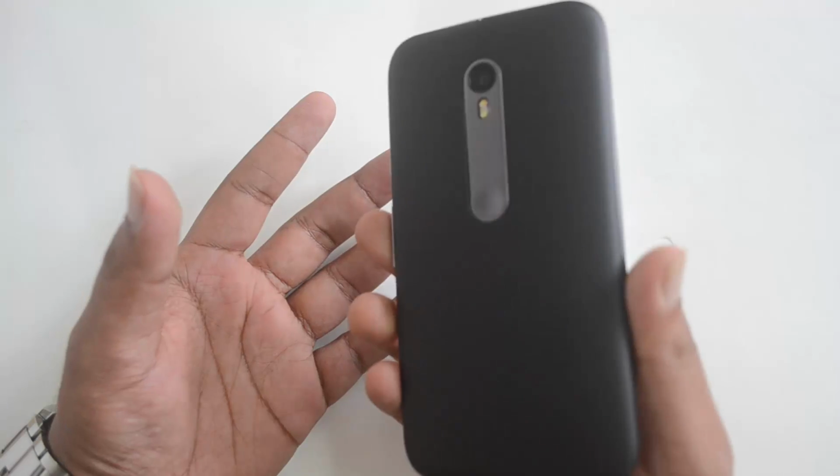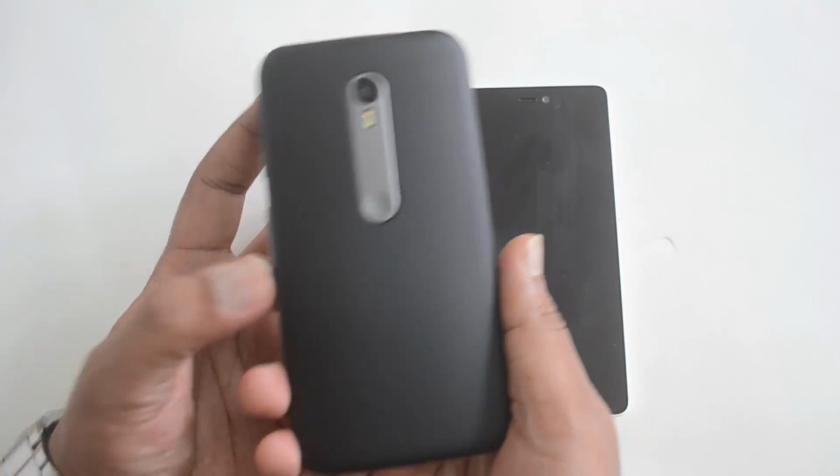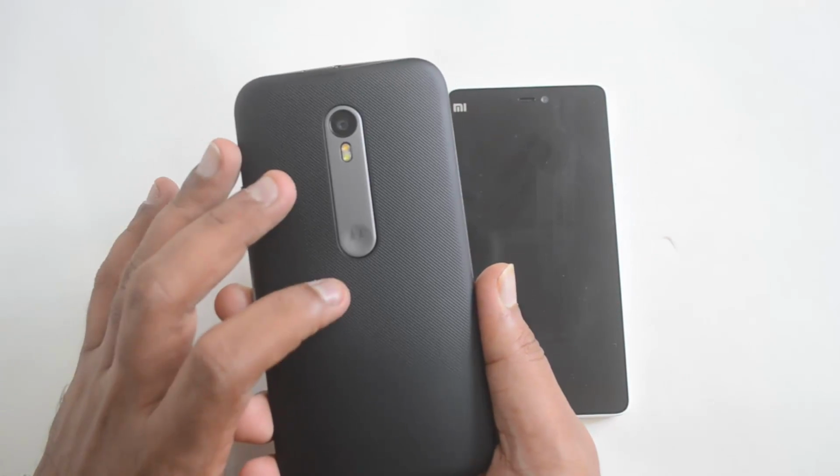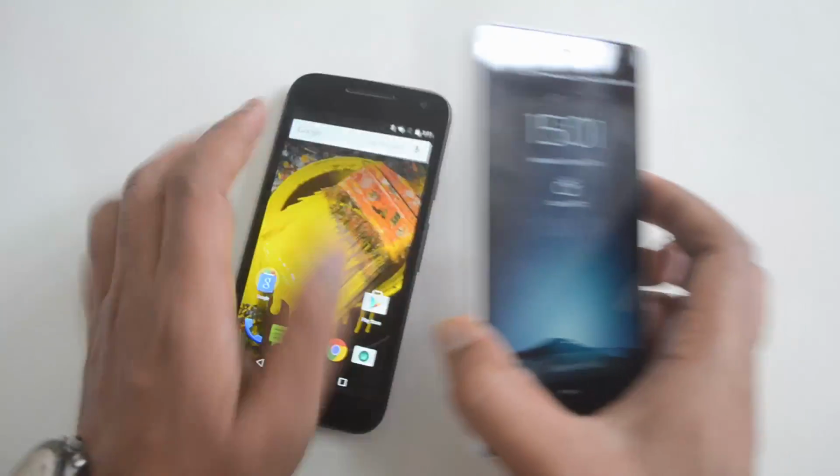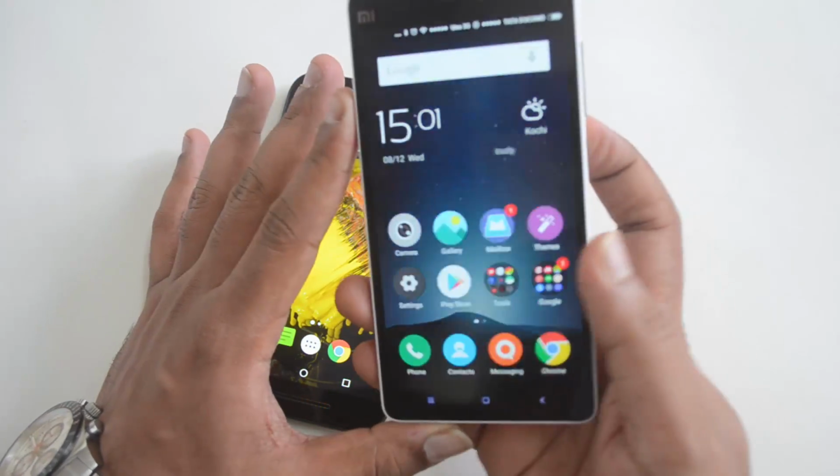Overall it's a well built phone, it's a strong phone. It is made of really great quality material, but it's pretty heavy as well, and it's also thicker than the Xiaomi Mi 4i. Now talking about the build quality and design of the Mi 4i, you can see that